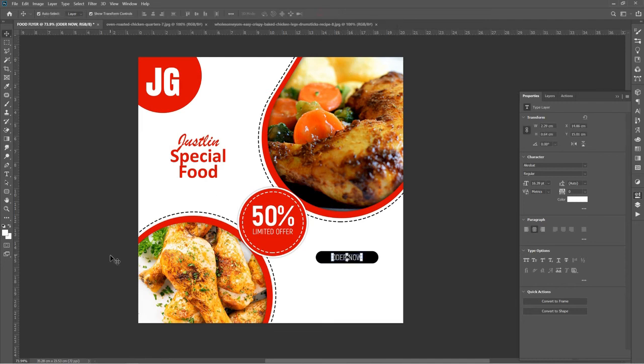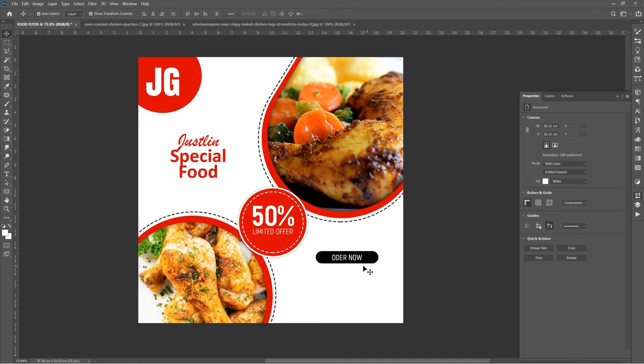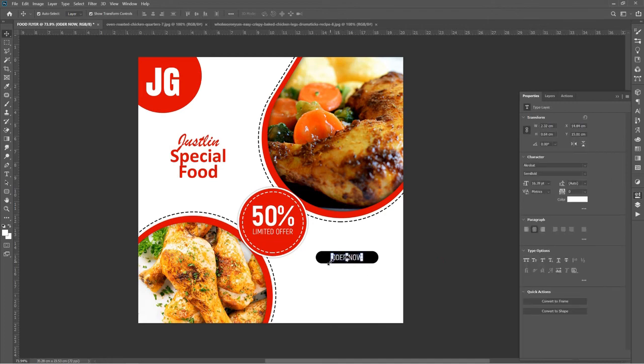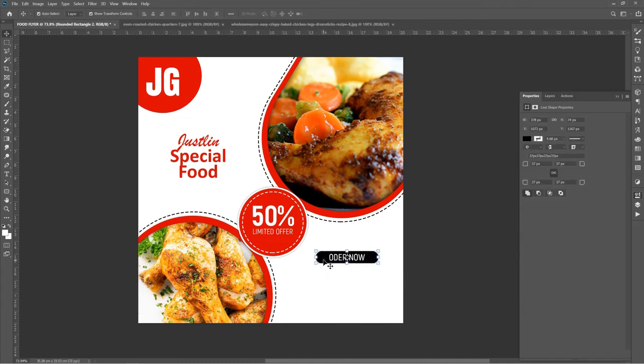So this is actually what I'm going to write, and I'll change the font to, let's say, regular, and I'll increase the font a little bit, and here same, I'll duplicate this one and bring it here,